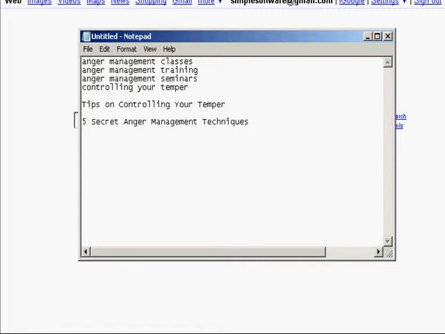Now, if you're thinking, man, I don't know how to write an article, then let me show you a quick and easy way to do that. Basically, when you're writing an article, you're just doing step by step. So you could do 5 things on this, 5 top things on this, 5 top reasons why you should do this, how to do this. Anytime you do a how-to article, you're going to have a step-by-step process.